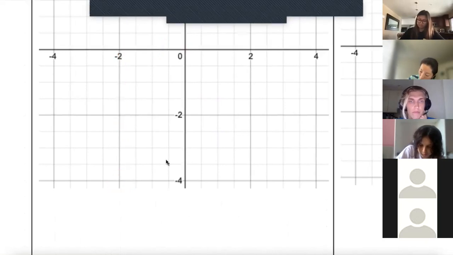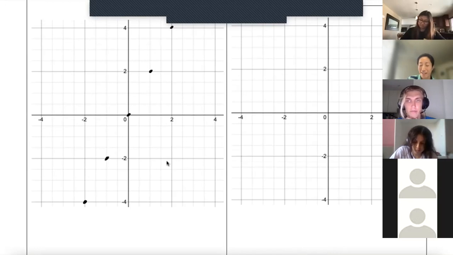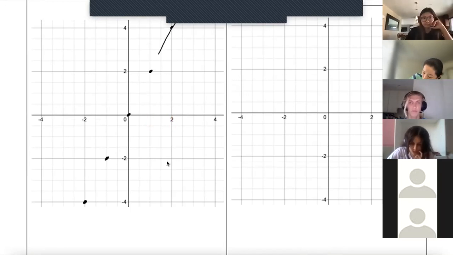Let's plot that first point at -2, -4, and then plot the other points: -1, -2; 0, 0; 1, 2; and 2, 4. Because we have these pre-made grids, we want to make sure we're counting the appropriate number of boxes. The scale here is 2, so half of that is 1. Now if we connect all of these,